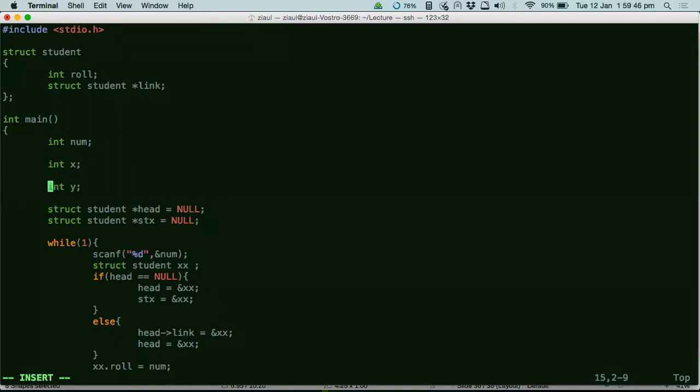It's not like, let's say x starts at address 100 and then goes up to 101, 102, and 103, so you cannot say y will start at 104. Because y will be allocated at whatever random location is free in your memory. Because x and y are not in an array, they are not going to be contiguous. So that's why you cannot do a plus plus here in the struct.